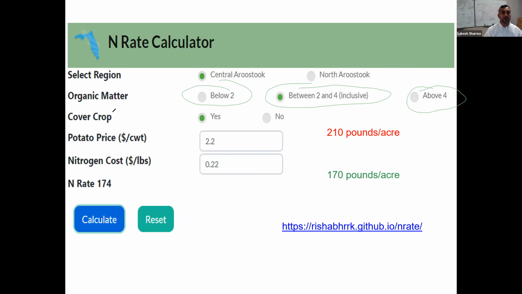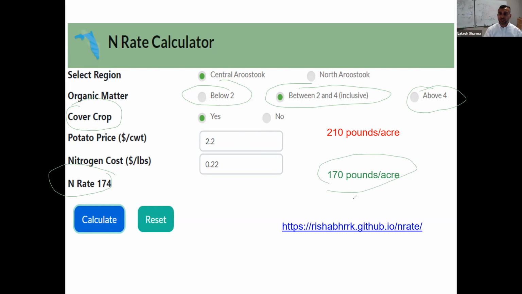We also looked at factors like cover crop, yes or no, the potato price, and nitrogen cost. So we developed this calculator, thanks to Dr. Dukes for funding a graduate student from UF to develop it. This is just an example of 174 pounds of nitrogen, but when we use this calculator, we found an average of 170 pounds of